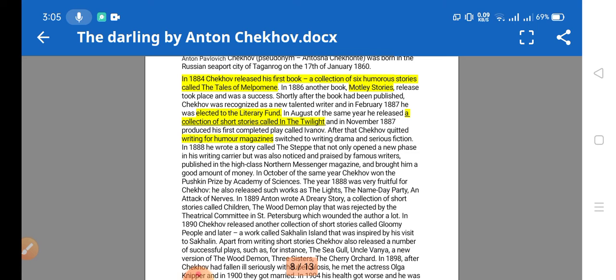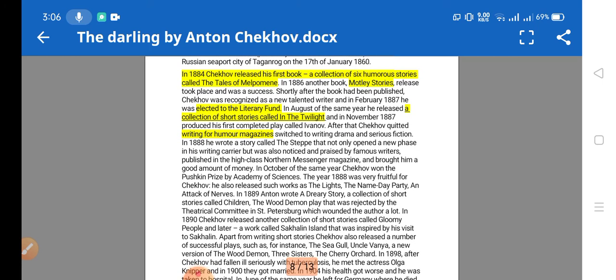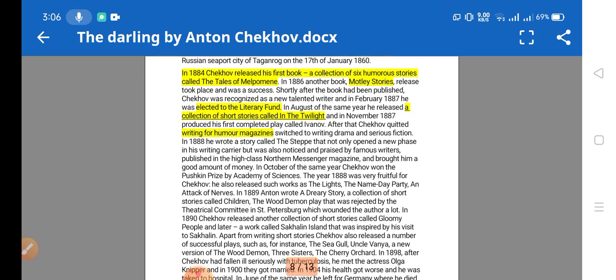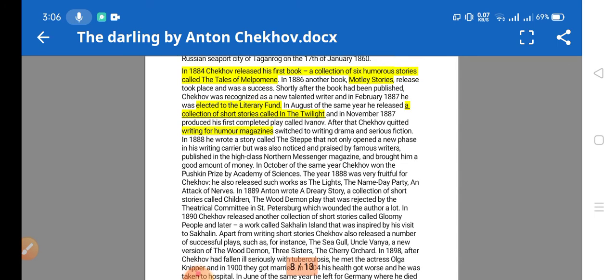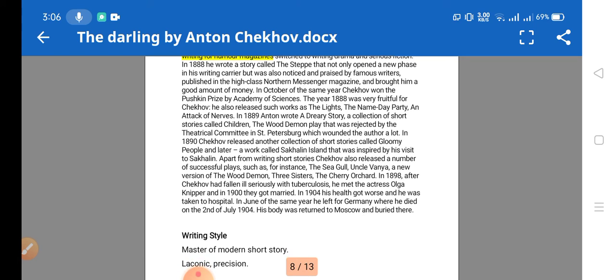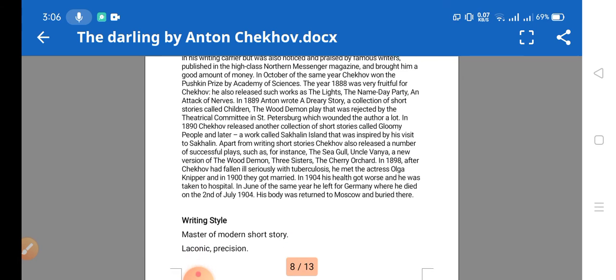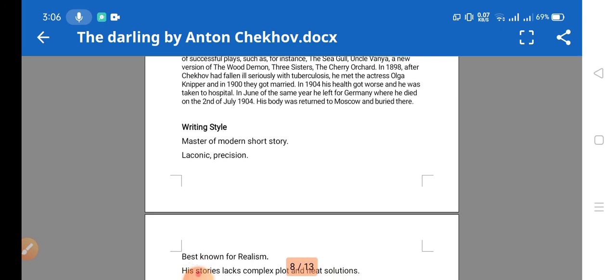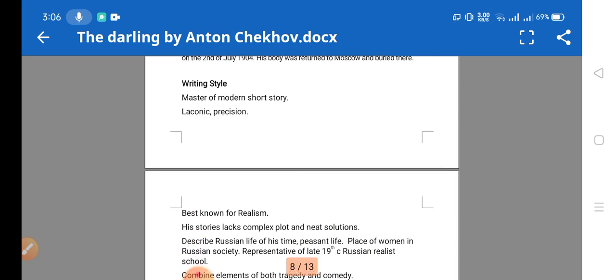In 1887 he was elected to the literary fund, and in the same year he released a collection of short stories called Twilight. After that Chekhov quit writing for humor magazines, and he switched to drama and serious fiction. So this is some detail about his works which is not necessary, and we'll move on to the writing style